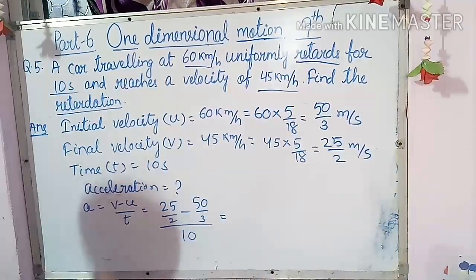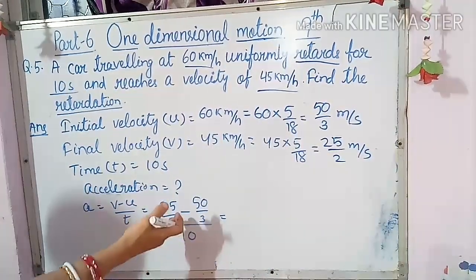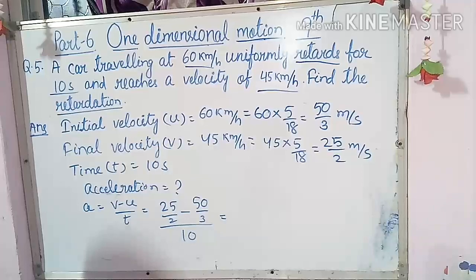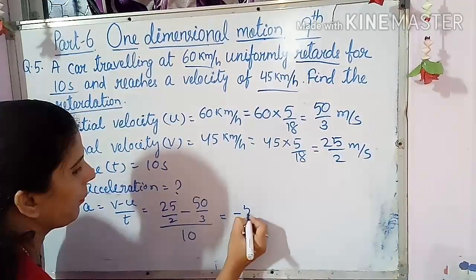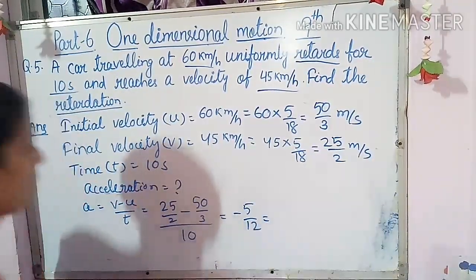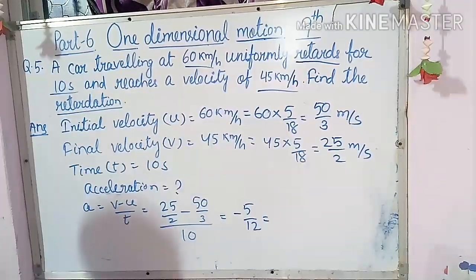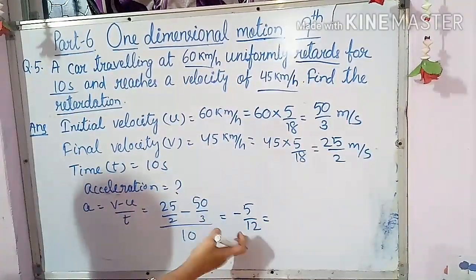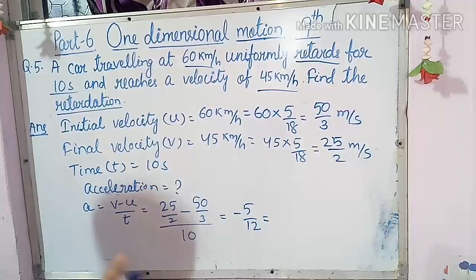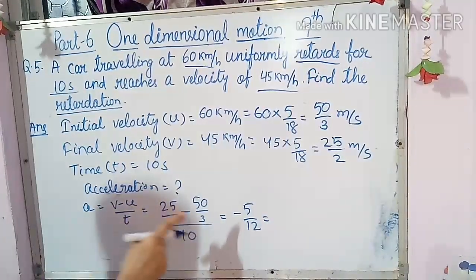Now do the calculation, the subtraction of the fractions, and on calculating you will get the direct answer that I have already calculated. So that is minus 5 by 12. You can remember, children, you cannot keep it like this in the fractional form. Always in your board exam you have to do the decimal form.